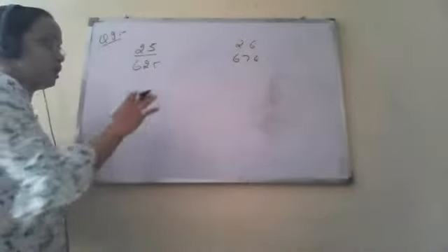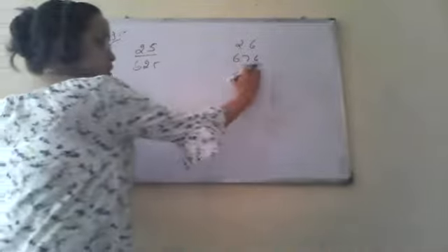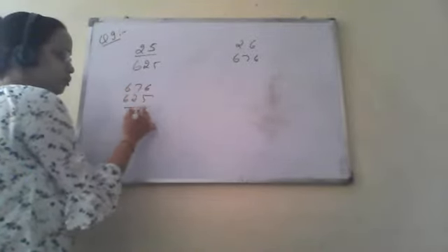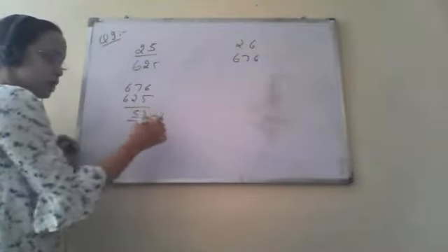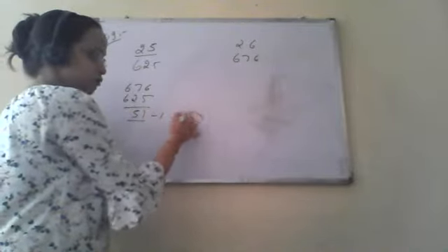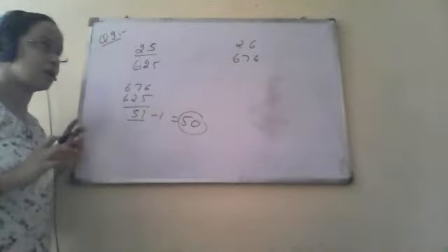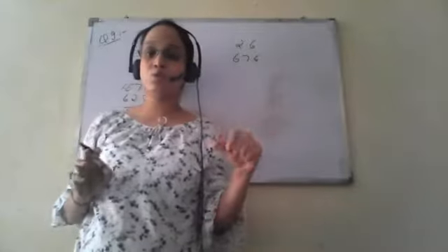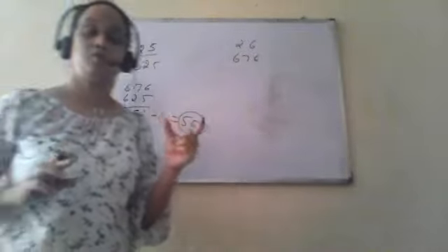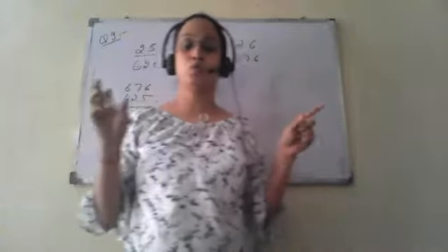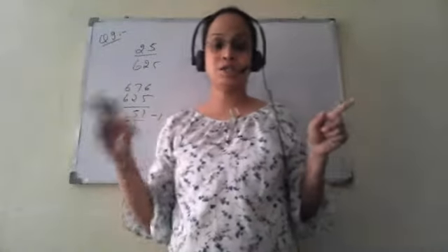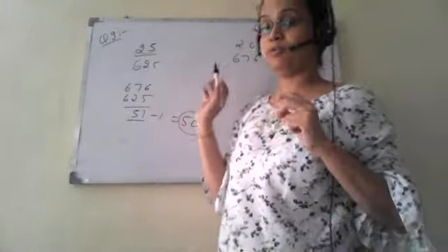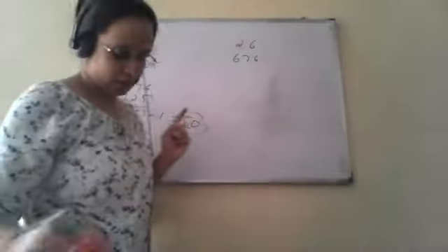So how to calculate? Subtract this number from this, that is 676 minus 625, you will find 51, and further you have to subtract 1. So there are 50 numbers in between. Or simply, when two consecutive numbers are given to us, that is 25, 26, and in the first case it was 12 and 13, the count of numbers between the squares of those two consecutive numbers is just double the first number. So there are 50 numbers in between the squares of 25 and 26.